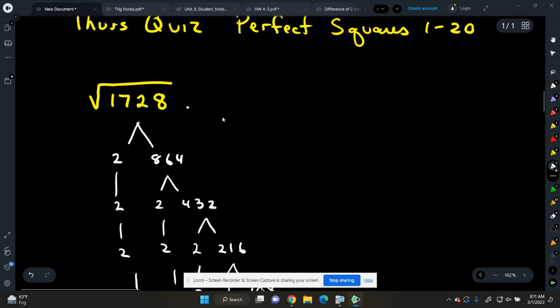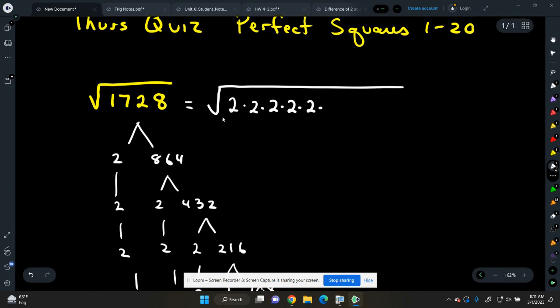So I'm going to rewrite this as the square root of 2 times 2 times 2 times 2 times 2 times 2 times 3 times 3 times 3. Does everybody understand how I did that and why I did that? Yes. There's a lot more to it. I don't want to jump to that right now because that'll be confusing for some. Oh, so we're not putting them in pairs right now? Now, yes. Now that we factored it all the way down,